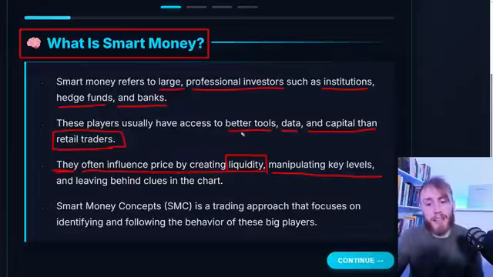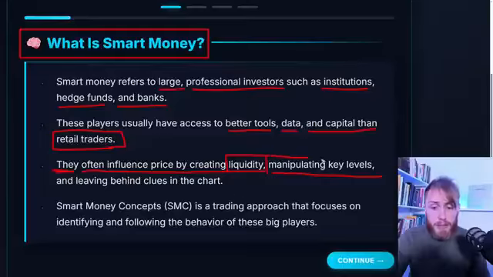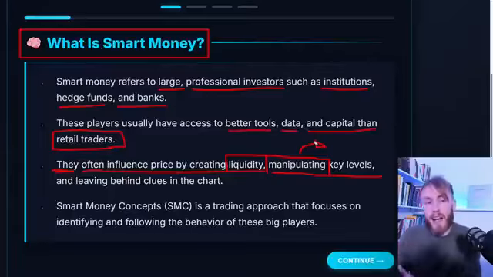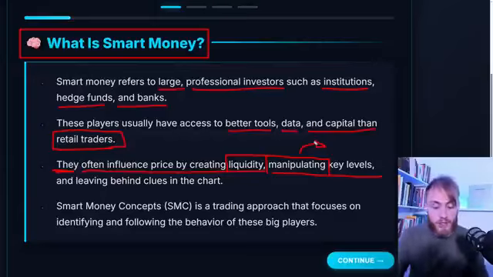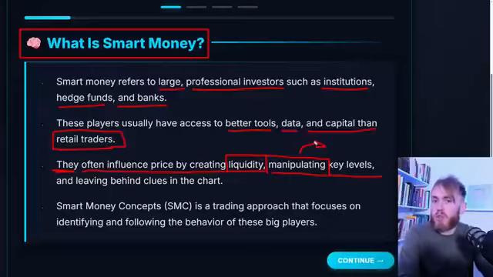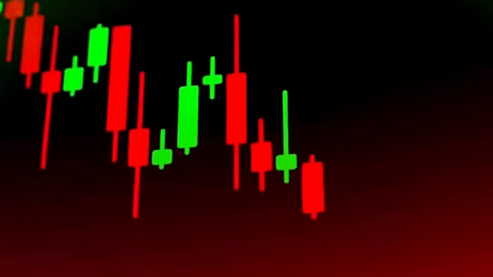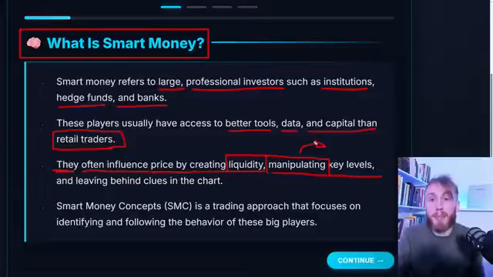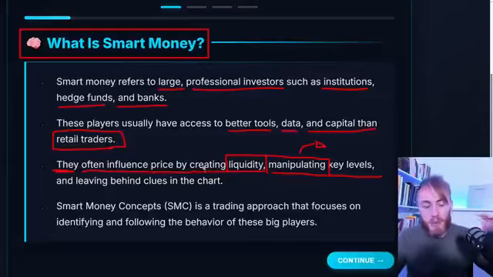I'm not really a big fan of the word manipulating, but we definitely have to use it, because what this basically means is that when you have lots and lots of money, like smart money has, you have a much bigger influence on the price itself. So when you have lots of money and perhaps you are trading something without too much liquidity, you yourself can actually influence the price. And many smart money traders actually use their large capital to sort of steal money from retail traders. And we will go very deep into the